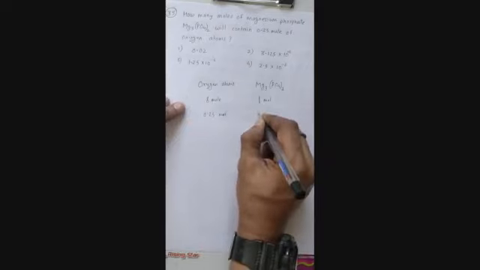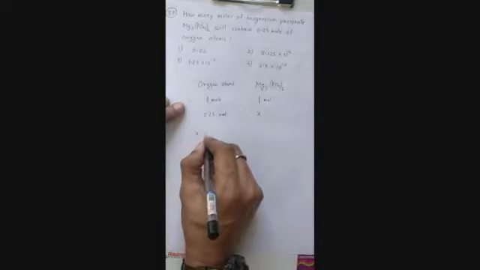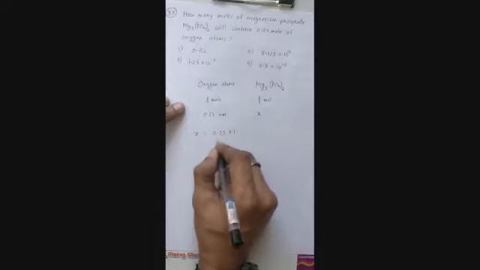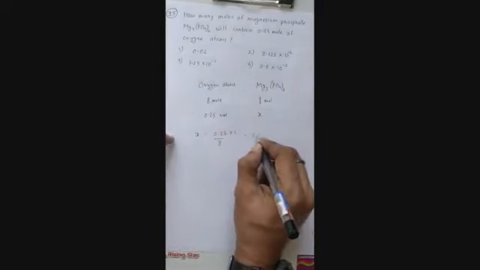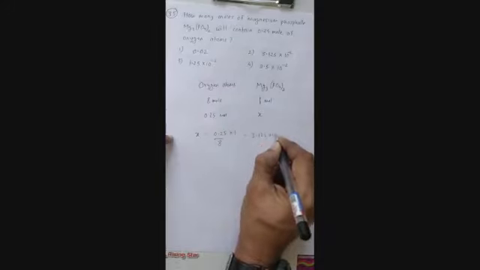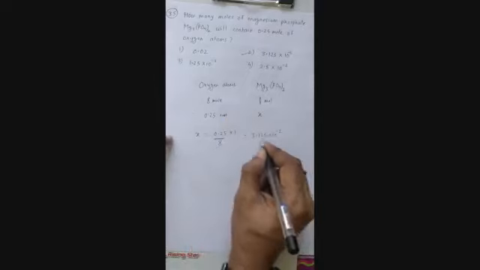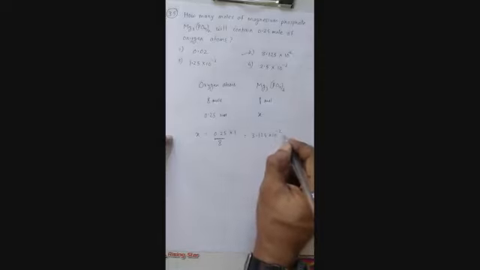0.25 moles will require how many moles of Mg3PO4 twice? So it is cross multiplication. 0.25 into 1 upon 8. So what should be the answer? Here, if you do the calculations, it should be somewhere around 3.125 into 10 raised to minus 2. This is your answer, second option. If I divide this by 8, I'll end up getting this after shifting the decimal. Correct? Now these many moles.